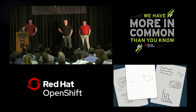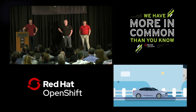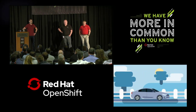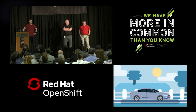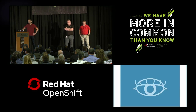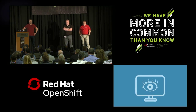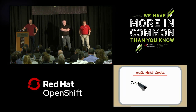There are many challenges involved when it comes to developing self-driving cars. Practical simulations and testing can be extremely time-consuming and costly. At VW, we found ourselves at a bit of a brick wall. That was until we attended Red Hat's Innovation Labs. There, we were able to create a new vision for virtual testing of customer functions in vehicles. Our new goal was to have fully automated and virtual testing,